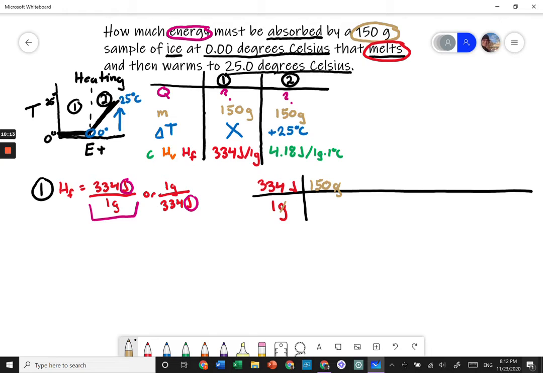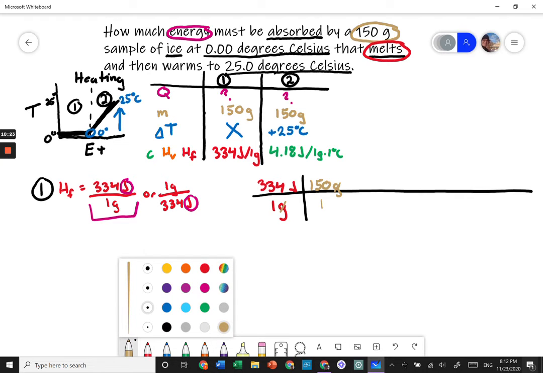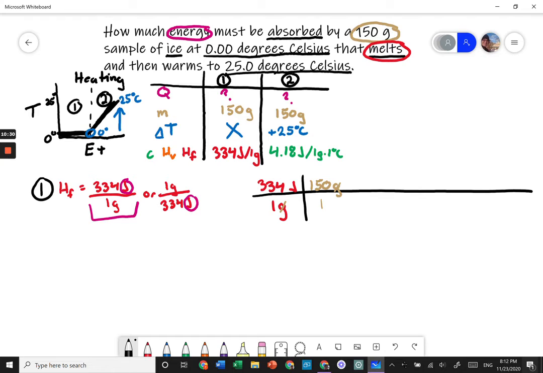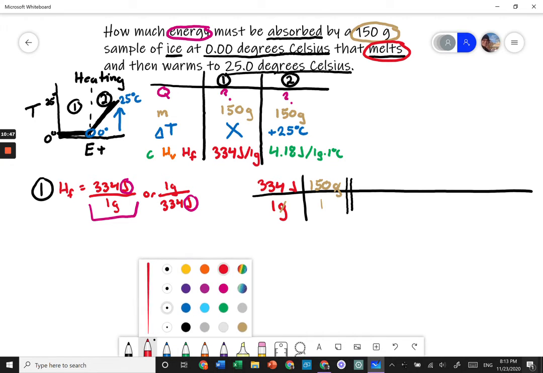Now I'm going to put a placeholder 1 beneath my 150 grams just because I know we only have one sample that is at 150 grams. So I put that down there just to cancel it out. You do not need to include a unit there. So at this point, my grams are canceled out. The only unit I have left is my joules. So at that point, I should be able to multiply to my final answer. So here, I'm going to multiply everything up on top, which is my 334 joules times my 150, no unit there. What that's going to do is give me